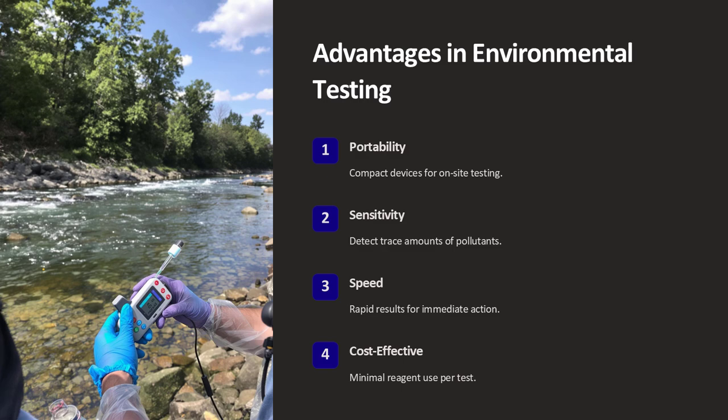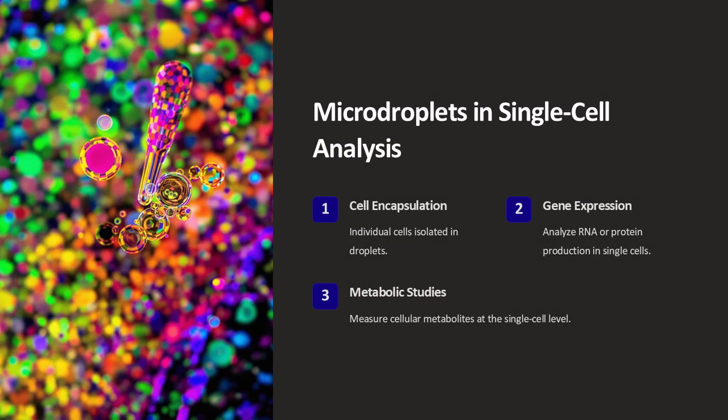Traditional methods for finding efficient catalysts often involve laborious testing of numerous reaction conditions. By using microdroplet libraries, chemists can vary the type and concentration of catalysts, ligands, and substrates in thousands of individual droplets, each acting as a mini reaction vessel. High-throughput screening then identifies which droplets yield the best catalytic performance. This approach can uncover novel catalysts that might have been overlooked in bulk experiments due to subtle differences in reaction